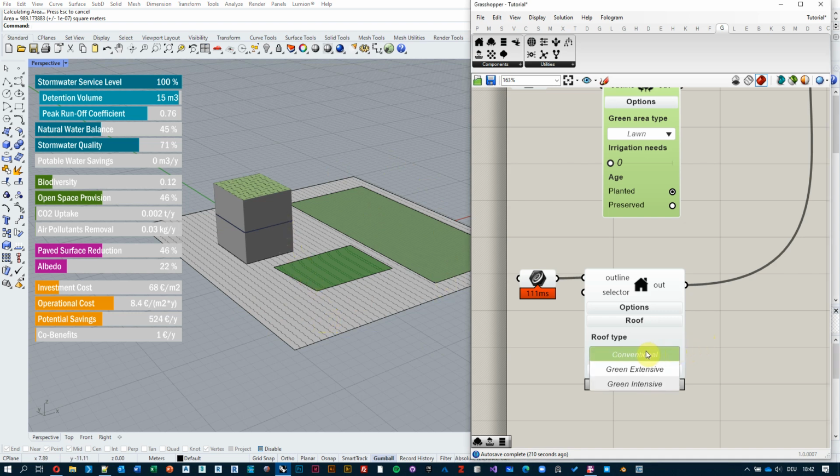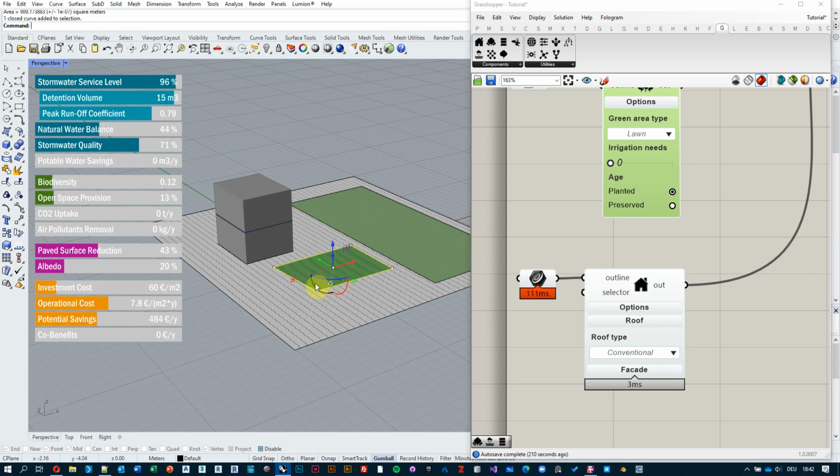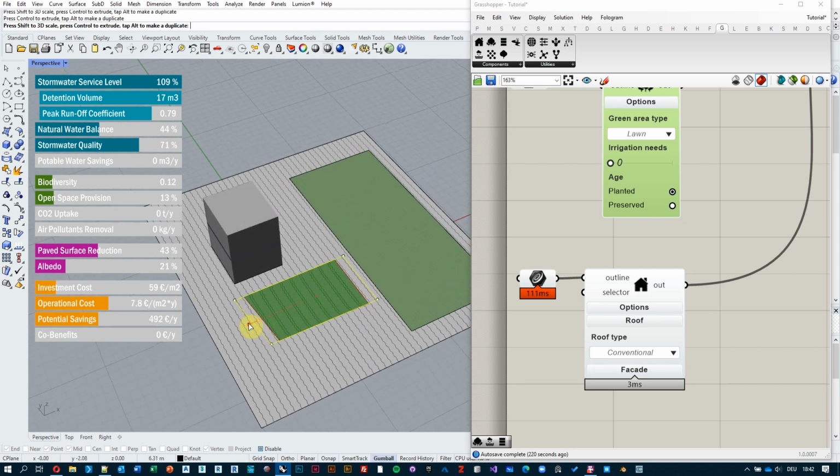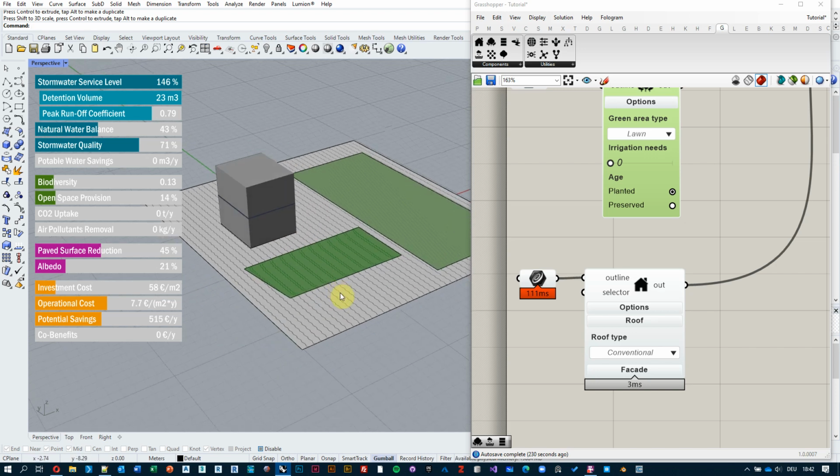as opposed to working with a conventional roof and making this swale slightly bigger, where we will still be paying only 59 euro. And actually, over here, the bigger the swale is, the cheaper the whole project becomes, because we're cutting away from concrete or asphalt, and asphalt is more expensive than just our swale. So again, a lot of complexity in these calculations, and GreenScenario helps you visualize the whole process and understand the impact of individual components on